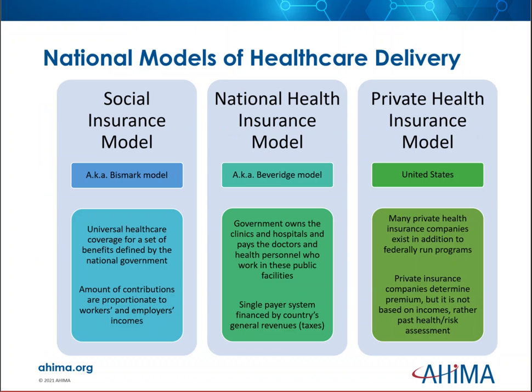Three specific models of healthcare delivery are talked about. The first one is the social insurance model, also known as the Bismarck model. You should know both of these terms. These are synonyms. Then we have the National Health Insurance Model, or the Beveridge model, and then we have the private health insurance model. In your textbook, they also give you a little bit more detail on countries that are currently under these different models, the Bismarck and the Beveridge model, and that should be something you pay attention to,